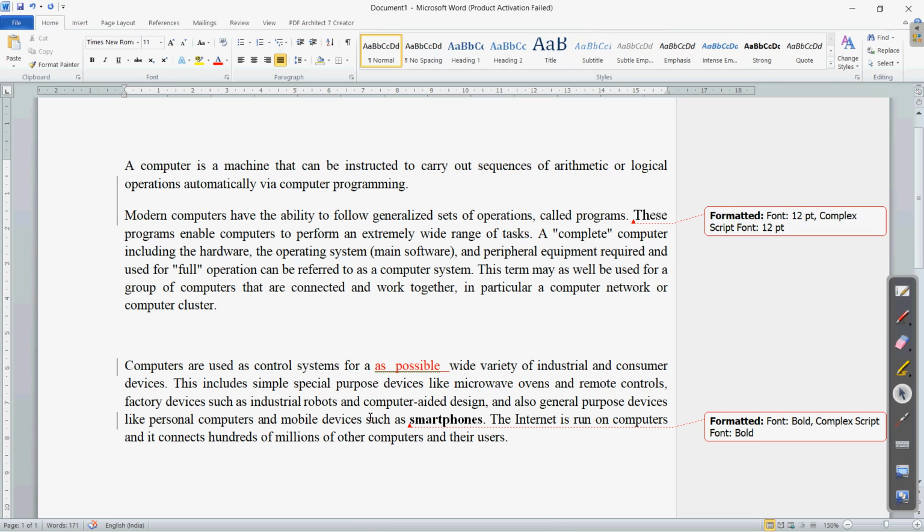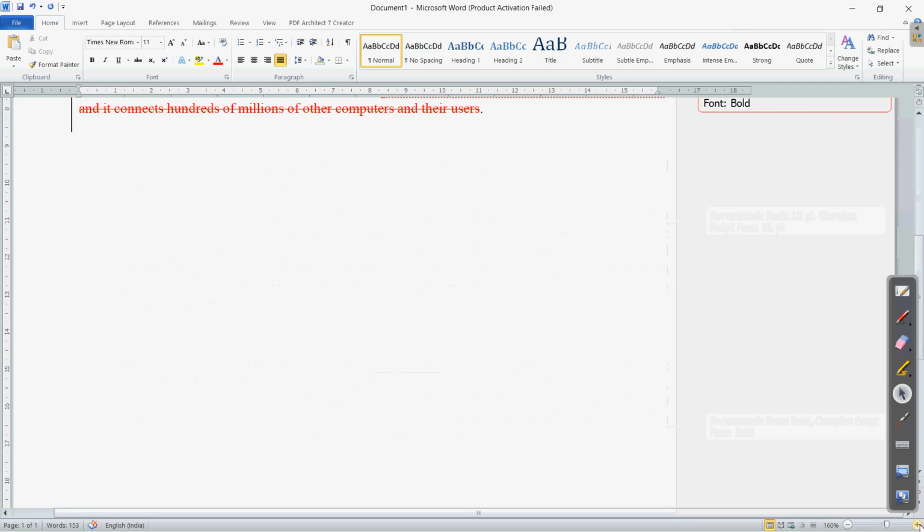If I delete a sentence, suppose I am deleting the last sentence, okay, so I have deleted it. Now you can see this is right now with the strikethrough option. Strikethrough means it is cut in between. I hope this is visible. Let me increase the zoom.